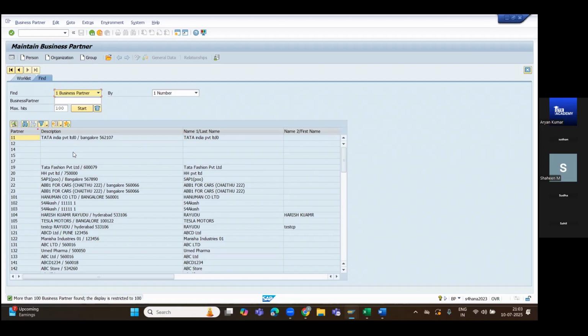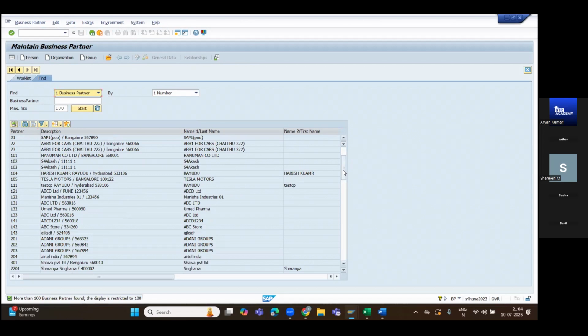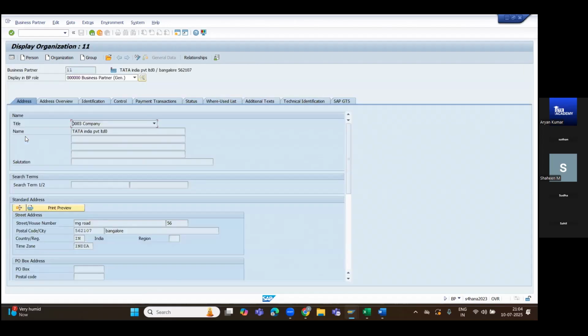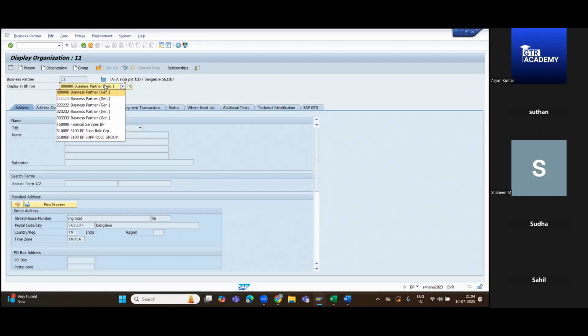So here you can see whatever business partners are created, whoever is created, you can see the business partner, and you can use anyone from them. Can I use this? Yes, just. So here you can see the display in BP role option. So under display in BP role,